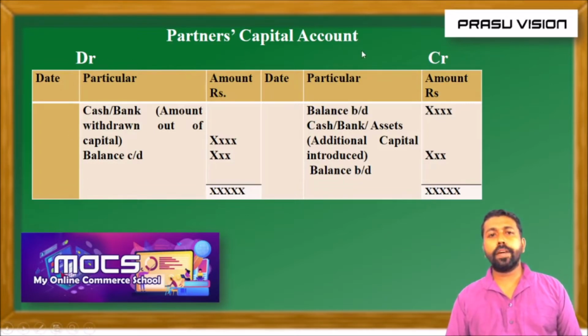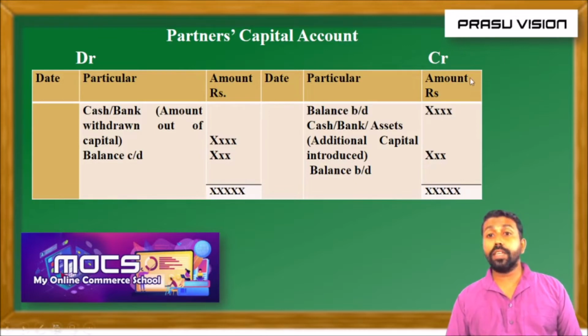We have to prepare the partner's capital account in the form of a ledger. Remember, I think you are remembering the format of a ledger. Here, just go through the items. Balance brought down indicates the opening balance of partners. It will be listed in the question as the capital brought or invested by the partners. So write the amounts, balance brought down.